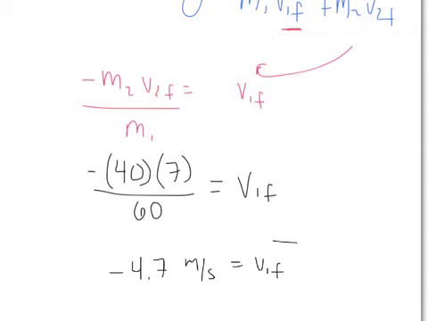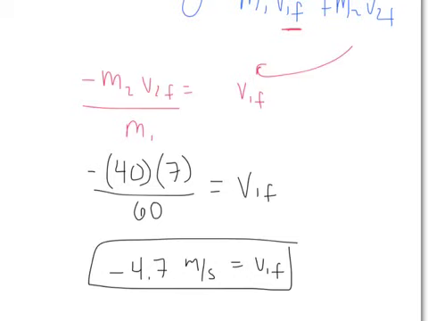Well, this answer is completely logical. Let's go over it for 2 reasons. Reason number 1, the velocity of the first person after pushing off was positive 7, so this has to be negative right away, because they're moving in opposite directions to have equal and opposite momenta. Second, we'll notice that the mass of this person that moves at negative 4.7 is greater than the other mass. So the bigger person does not move as fast as the smaller person of 40 kilograms that is propelled off